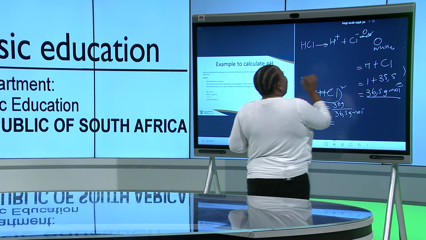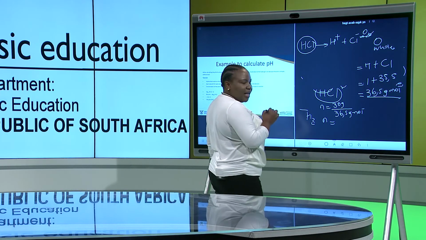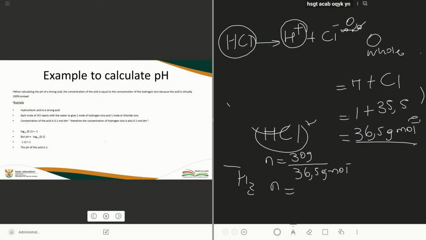Now, what is important is when you know the concentration of hydrochloric acid, you already know the concentration of the hydrogen ion, because 1 mole of hydrochloric acid reacts, producing 1 mole of hydrogen ion and 1 mole of chloride ion. So the concentration of hydrochloric acid will always be the same as the concentration of hydrogen ion,